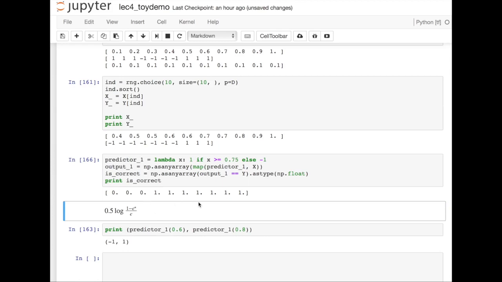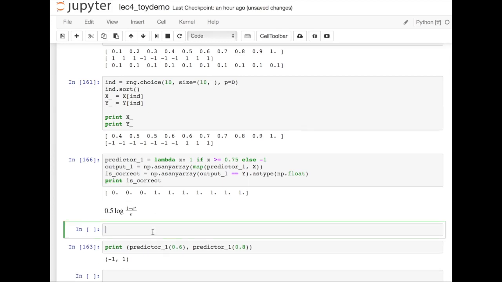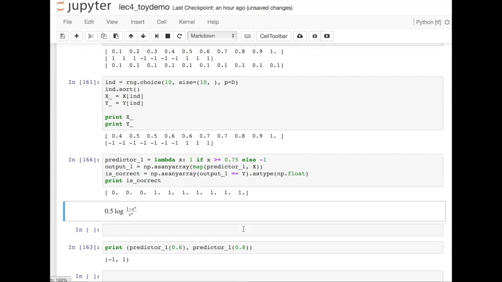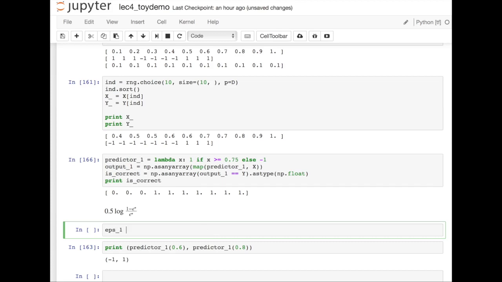So we have this equation as our reference. Now we have the is_correct evaluation, and I think I should have a star here. So the epsilon star should be EPS, for this predictor. Let's call it EPS_1. That should be 1 minus is_correct